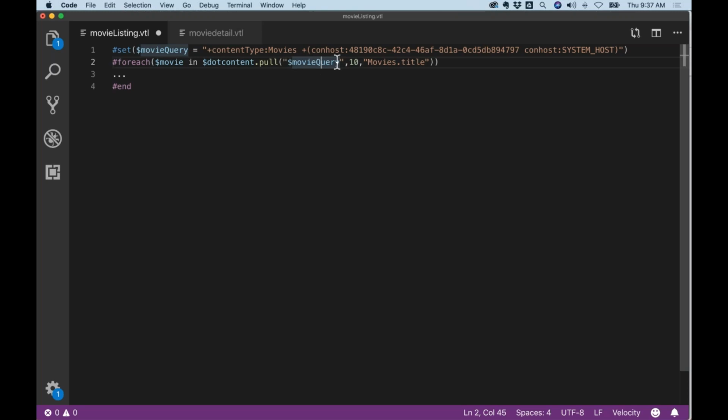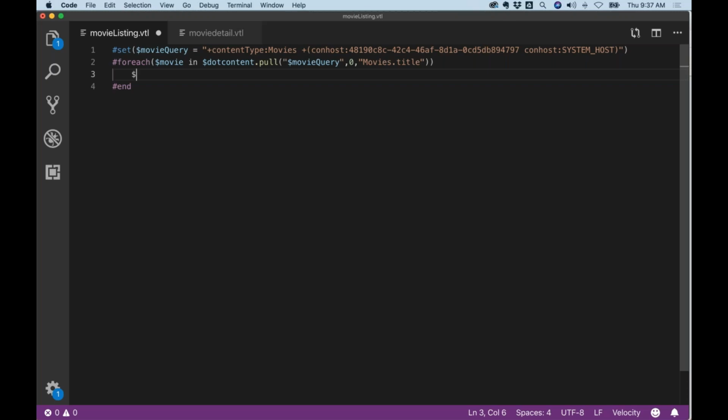The .content.pull tool just does a query, a number that you want to pull, which you could set to 0 if you want to pull all of them. And then your sort order is your content type name, then your field, and then whether it's ASC, which is default, so you don't have to put it, or DESC for descending. Right? I'm just going to leave it movie title ASC, and maybe I want to put, this is just listing, so I'd want to do